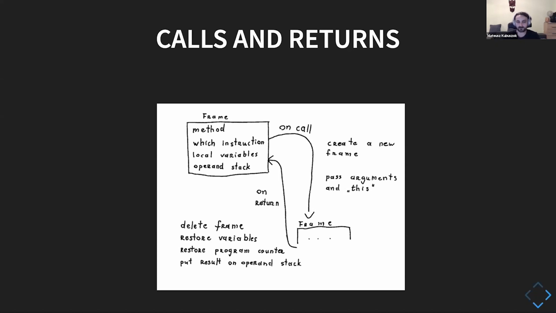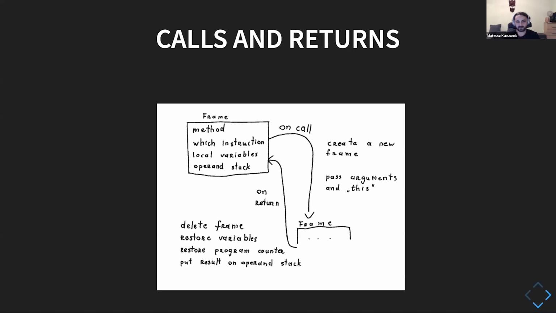So when we are making a call, we create a new frame, making the JVM aware which method it is and at which place we are, usually at the beginning of the method. What are the local variables? They can be initialized to the arguments passed to the method. What is the operand stack? I would expect it to be empty at the beginning of the method. So all of that is initialized.